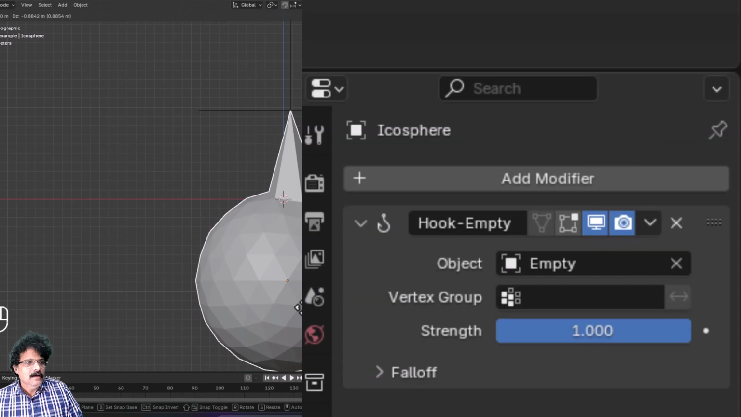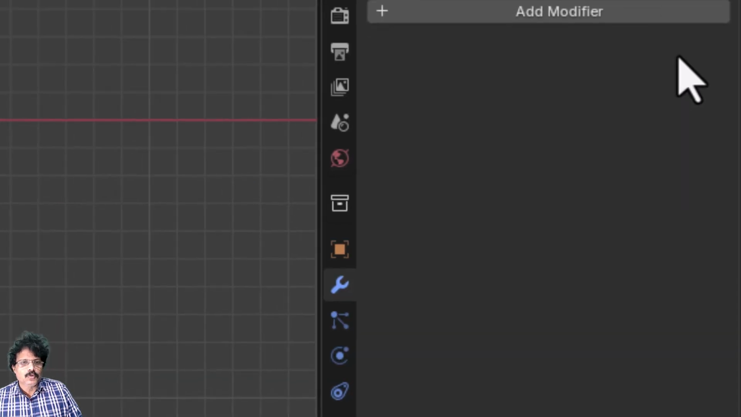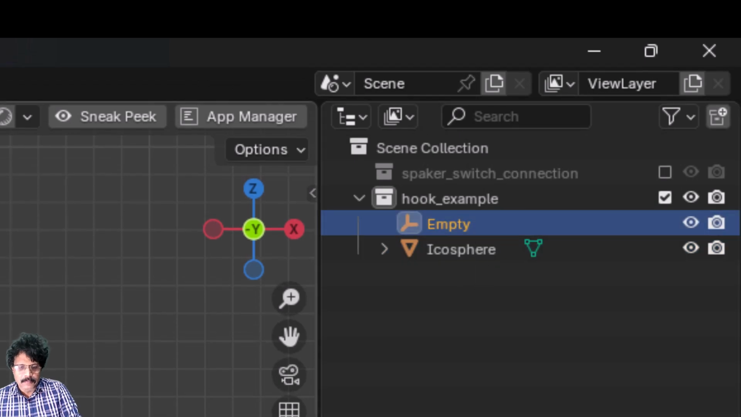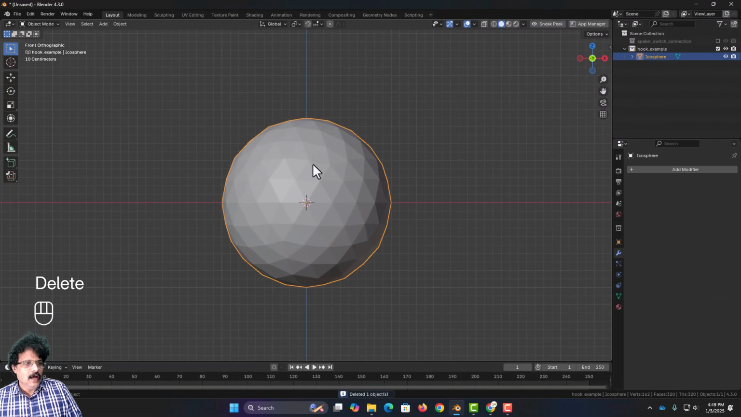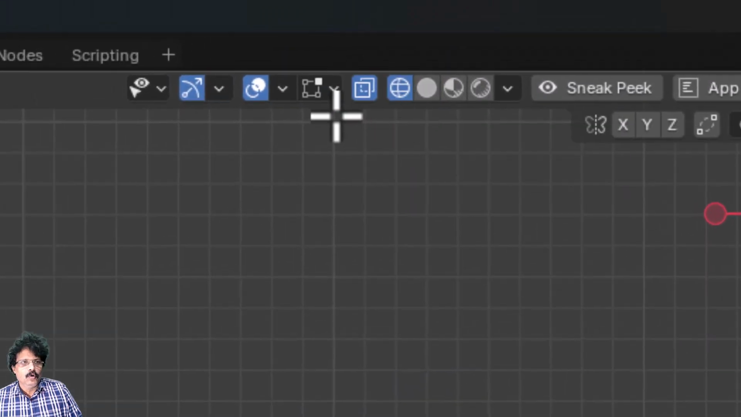And here in the hook, I have the facility to control the strength of this. Like this, I can control the strength. I will remove this hook modifier also, and this empty also I will remove. Now I will select this icosphere, press tab, and this time I will come into wireframe mode,